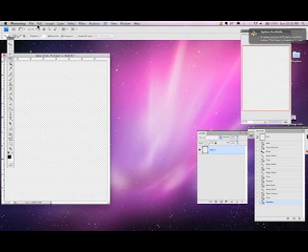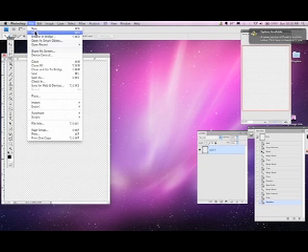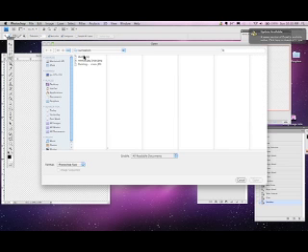Sometimes you just can't select a background with a magic wand. You need to use the quick mask mode. So you need to start with an image. Go ahead and go into File, Open, bring in an image,